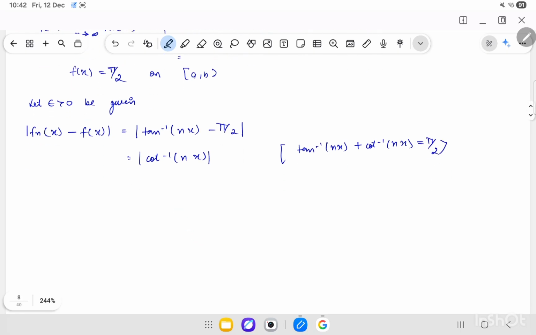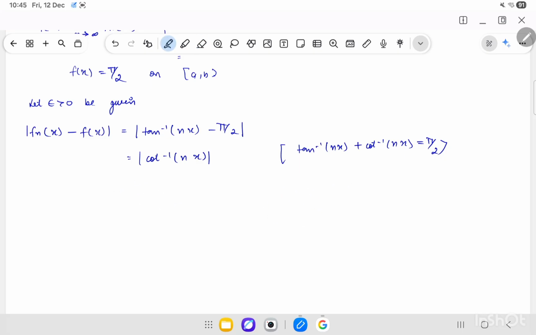So this is what we get. Now if this is less than epsilon, then from here I conclude that cot inverse nx is basically less than epsilon. So from here I got nx is